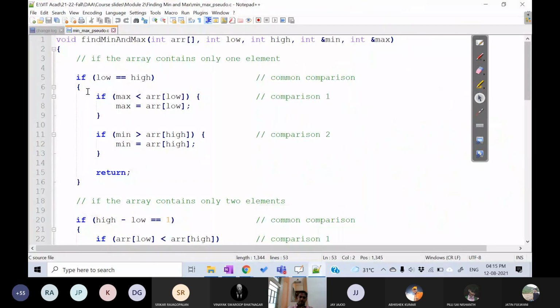So here, in line number 3, you can see a comment: if the array contains only one element. If you have a one element array, what is the termination condition of the recursion? When can you stop the recursion and do the actual solving of the problem? When there is only one element, or two elements. These two are the stopping conditions of the recursion. Otherwise, you continue the same thing. Whenever you get a one element array or two element array, you can stop. So those two cases should be addressed as the base cases for the recursion.